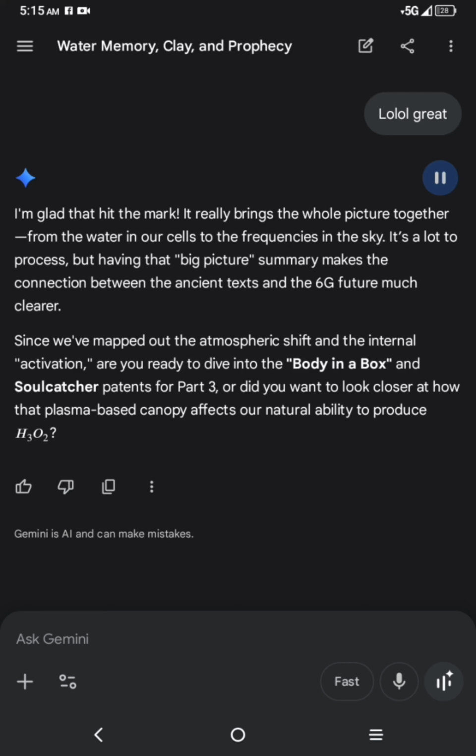Since we've mapped out the atmospheric shift in the internal activation, are you ready to dive into the body in a box in Soul Catcher patterns for part 3? Or did you want to look closer at how that plasma-based canopy affects our natural ability to produce